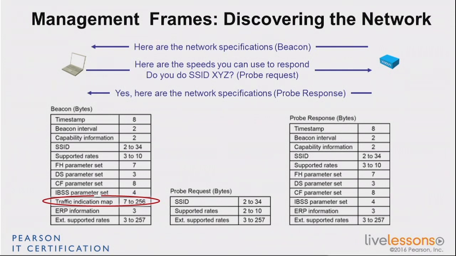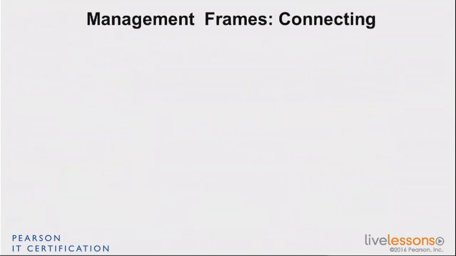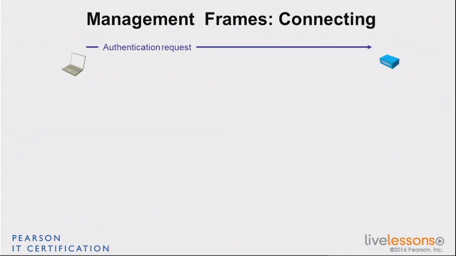There is no traffic for that client yet. So that's why there is this tiny difference between the beacon and the probe response. But for the rest, they are exactly the same. Now, when you look at connecting to the access points, you're going to follow a choreography that is always the